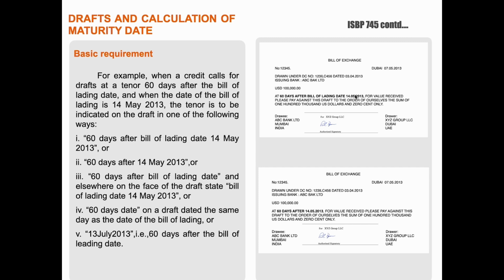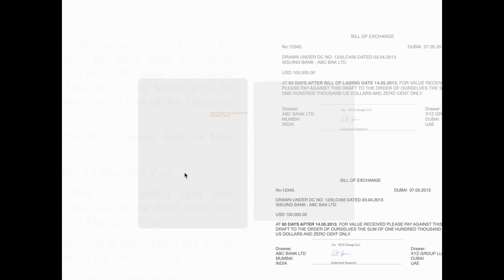This is one way. Next, it can simply mention 60 days after 14 May 2013, meaning it need not specifically indicate the bill of lading date. It can mention 60 days after 14/5. So the maturity date will be counted from 15th. Next one is